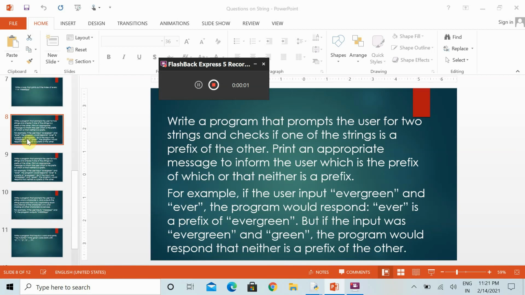The string concept. Now, in this question, it is specified: write a program that prompts the user for two strings and checks if one of the strings is a prefix of the other or not. Then print an appropriate message to inform the user which is the prefix of which, or that neither is a prefix. In the example, if the user inputs evergreen and ever, the program would respond "ever is a prefix of evergreen". But if the input was evergreen and green, the program